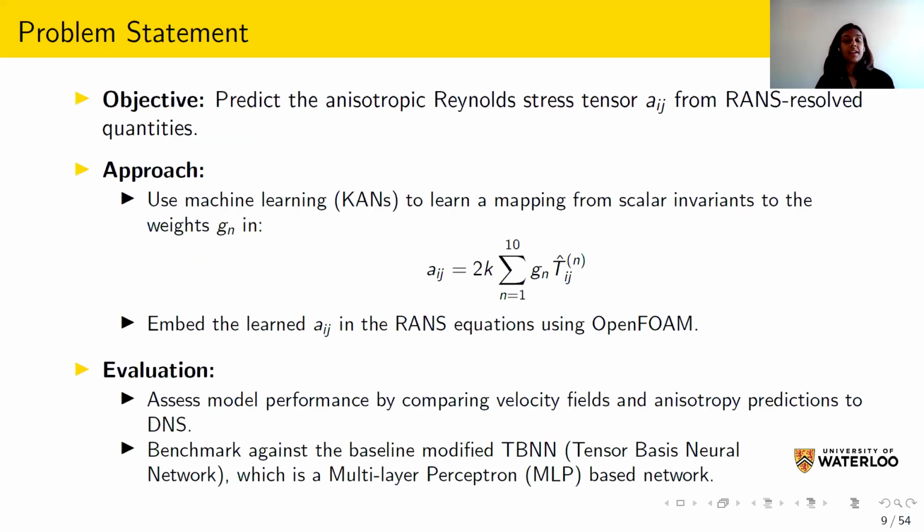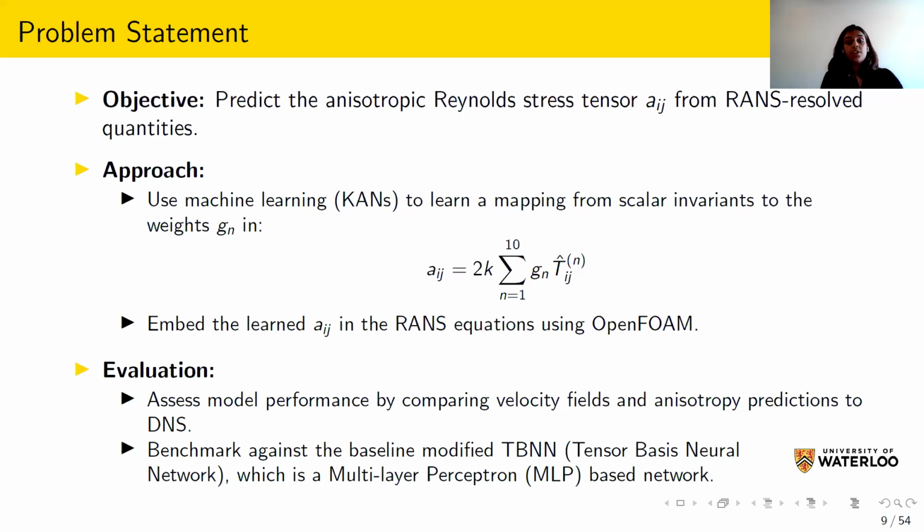So the problem statement that we came up with is predicting the anisotropic Reynolds stress tensor, Aij, from RANS resolved quantities. The approach that we implemented was using machine learning, that is KANs in this particular scenario, to learn the mapping from the scalar invariants to the weights. So we're essentially predicting Gn, and then we're going to embed the learned Aij back into the RANS momentum equation